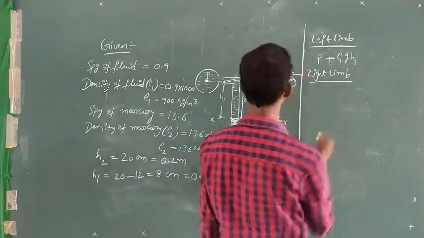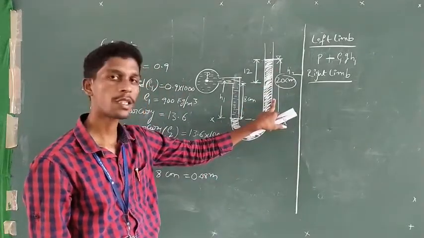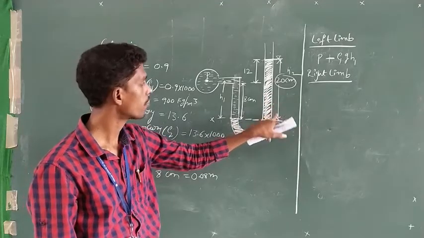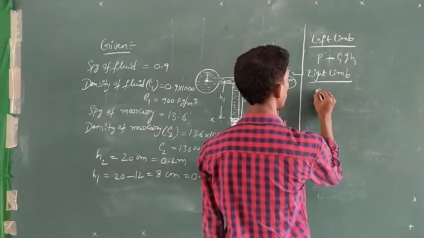What about the right limb here? In the right limb, heavier liquid is there. The density is ρ2 and g is the acceleration due to gravity. And what about the h2 value here? It is 20 centimeter, right? So in the right limb,